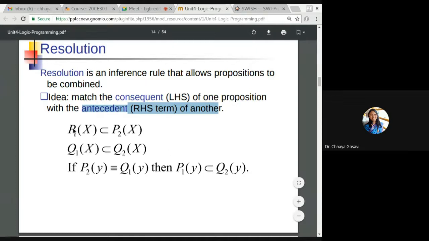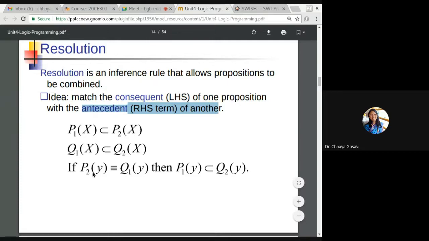So if you have one rule, P1 of x implies P2 of x, and you have another rule, Q1 of x implies Q2 of x, you can combine these two propositions.